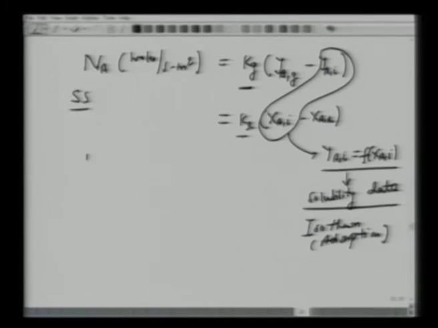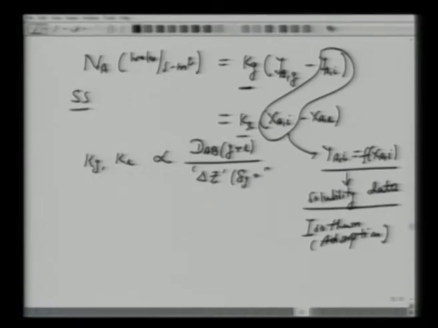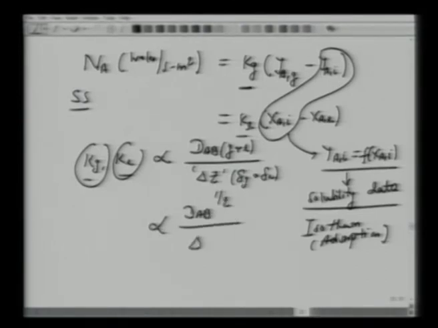So all we are saying is that under steady state there are two diffusion resistances given by Kg and KL. You recall Kg and KL both are proportional to diffusion coefficients, either in the gas phase or in the liquid phase, over this film diffusion distance del Z, which could be del G or del L. So we have two mass transfer coefficients proportional to diffusion coefficients. If you apply film theory, it's proportional to DAB. If it is surface renewal theory, then it is DAB to the power half over this del Z, which is either del G or del L.